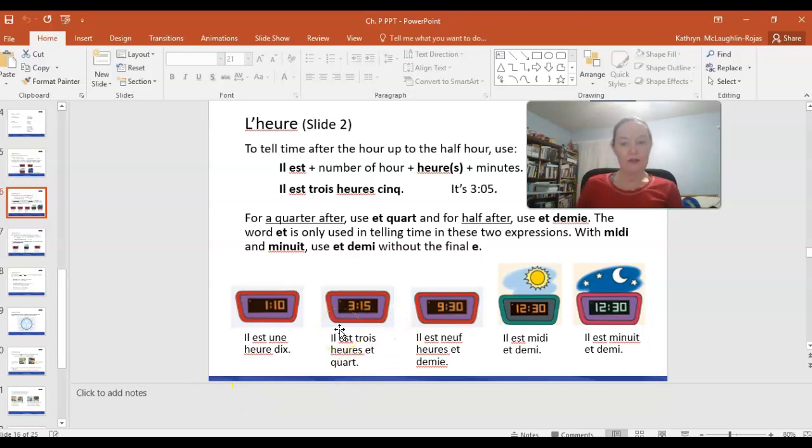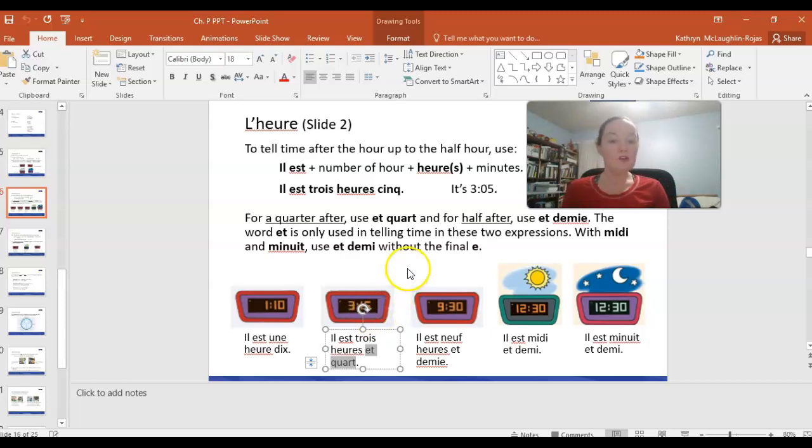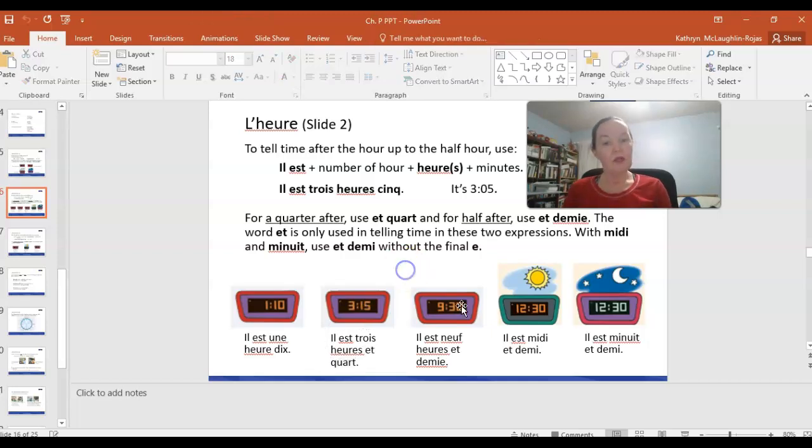Okay, another time that you see here, il est 3h15. Okay, this one is kind of a specific expression. But if you want to say basically 3 and a quarter, it's probably more common to say il est 3h et quart, 3:15. If you want to say that the time is 30 minutes or halfway past the hour, then you would say something like il est